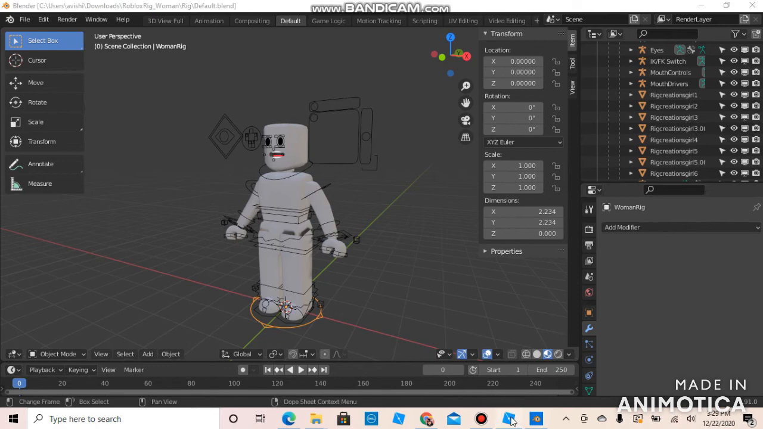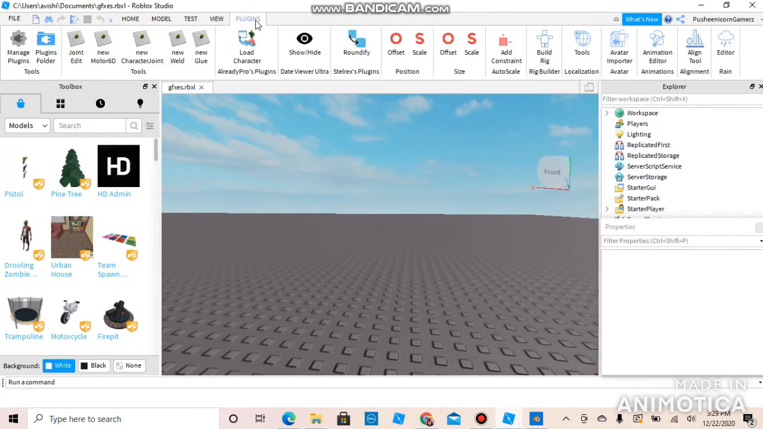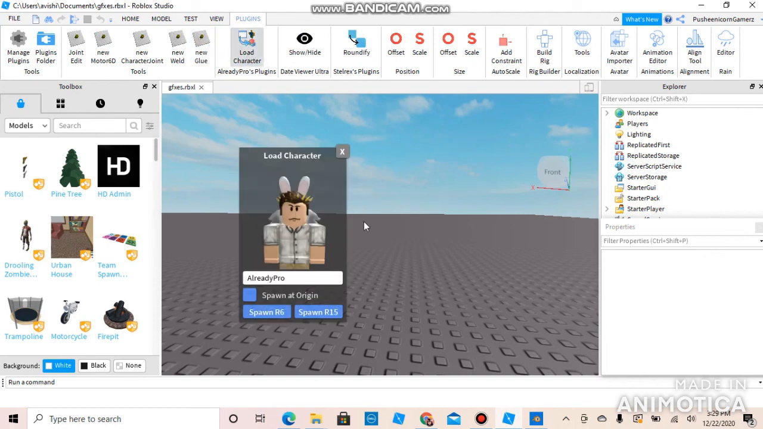First off, when you're in here, you're gonna go into Roblox Studio, and you need this plugin called Load Character. It's by AlreadyPro, and I'll leave the link in the description once again. Put in your username, or whatever username you're using to make your GFX. Spawn it on R6,